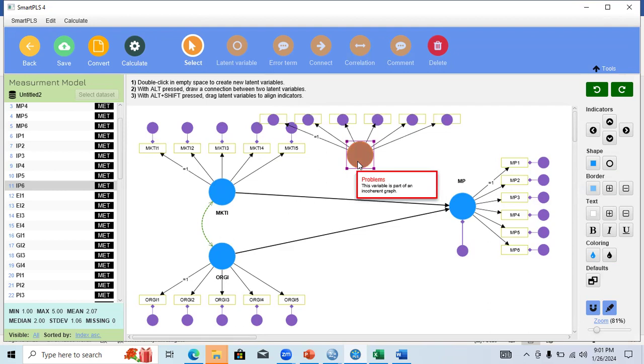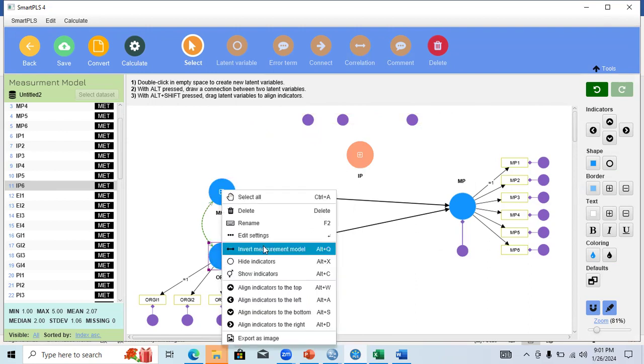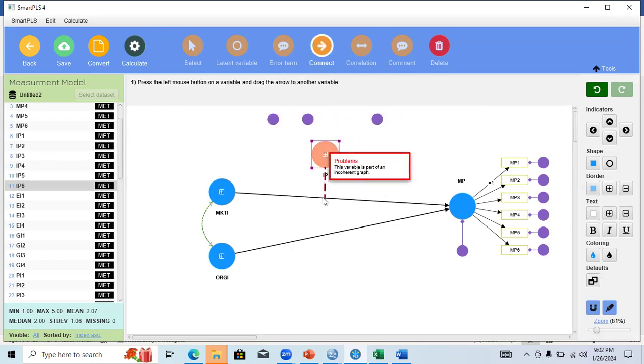Yes, I would like to hide indicators. I would like to connect them as a moderator, and you can see it is not connecting like we did in PLS-SEM.